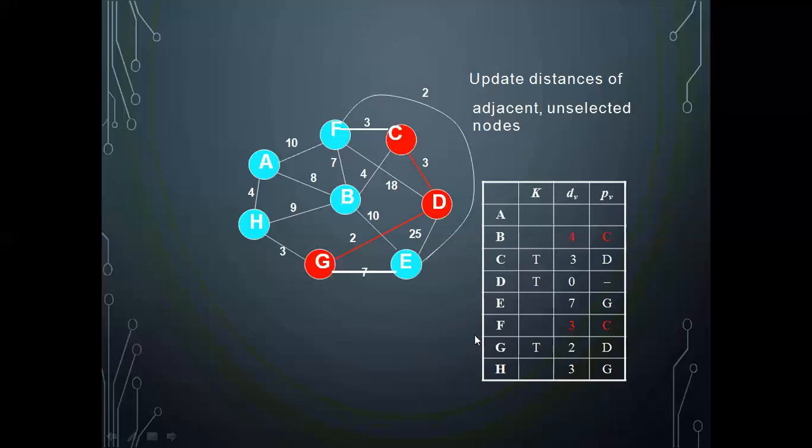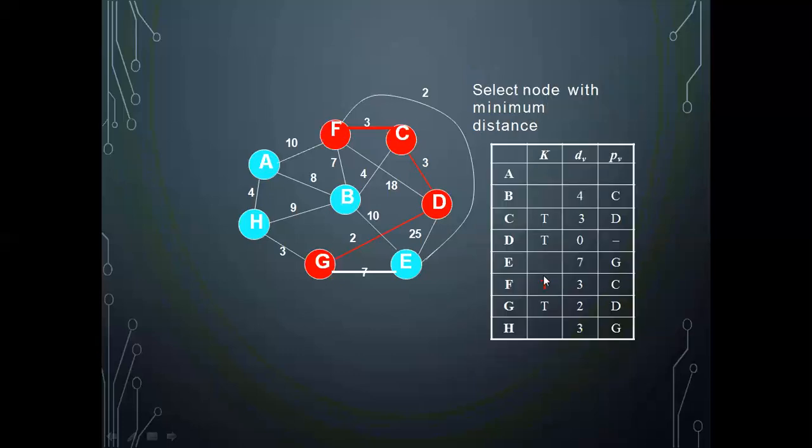So I am adding CF. C is the parent, CF is the edge I am adding. Now from F I should see and I have added that edge and I marked it as true. Now even F is also became a part of the spanning tree. Now from F, I should find out what is the minimum distance. What all are the edges it is connected. So what all are the edges F is connected?